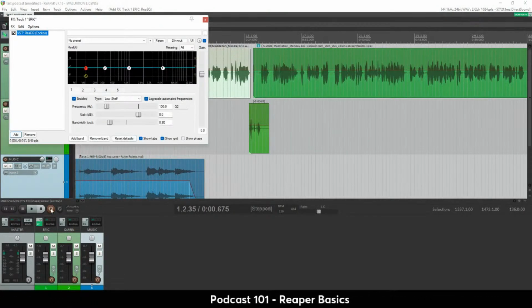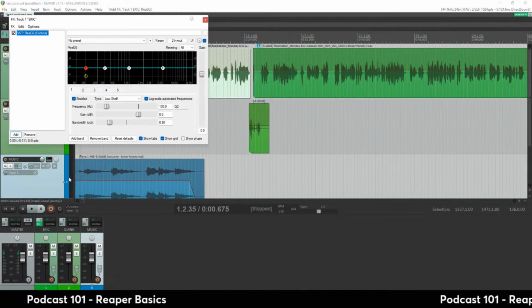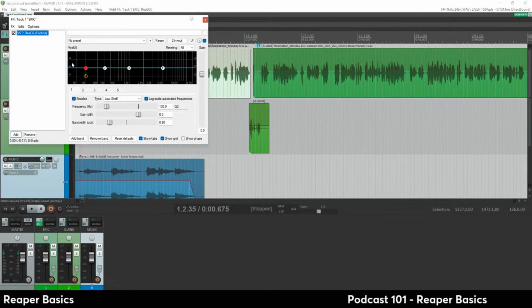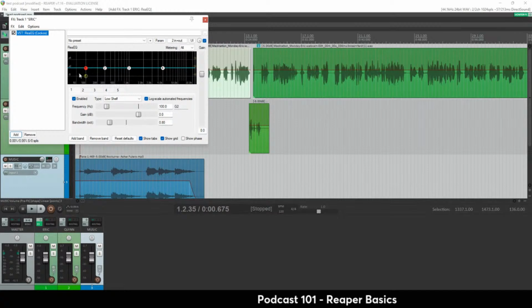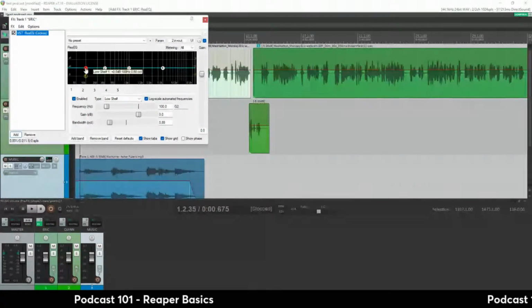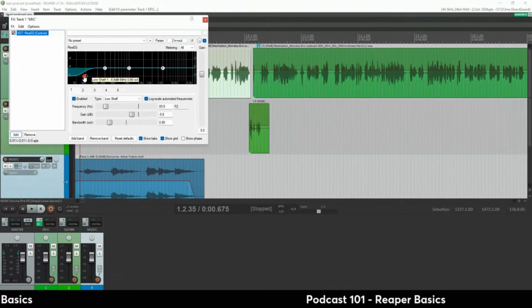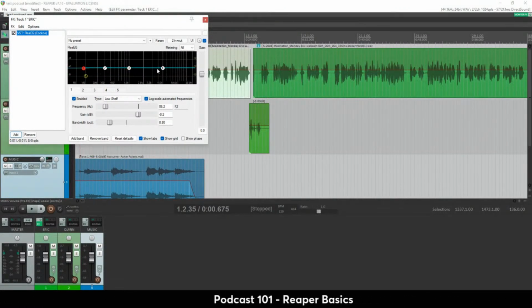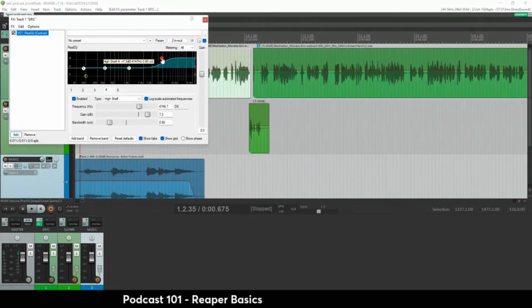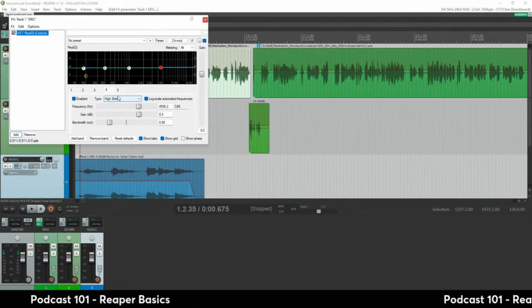See how it's green right here? We're going to have the EQ just on my track. Over here on the left side, these are the low frequencies, and up here are the high frequencies. If you want to take out a little bit of my lows, you can just turn it down like this. If you want to turn some highs up, you can do it like this. And you can do different kinds of